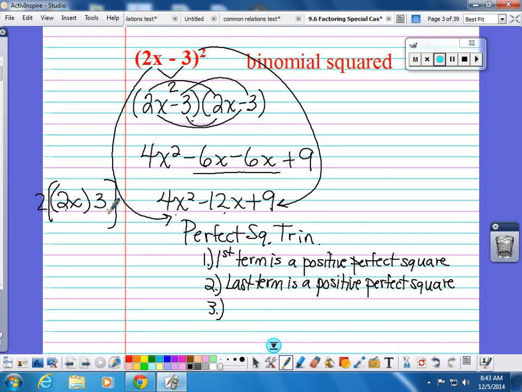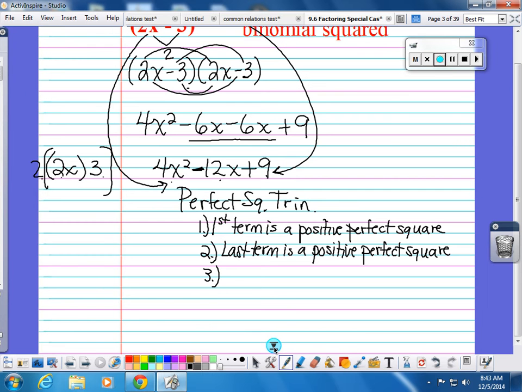So 2x times 3 is 6x times 2 is 12. You say, well, that's negative. That doesn't matter. Don't worry about the sign there. This middle term is the only term in a perfect square trinomial that can be either sign, positive or negative, okay? But the first and last terms have to be positive. So let me see if we can phrase that. The middle term